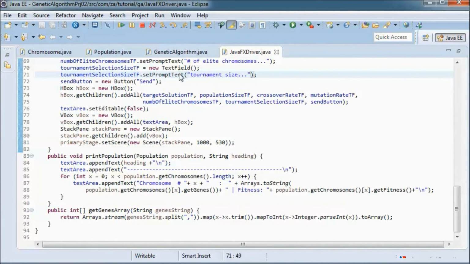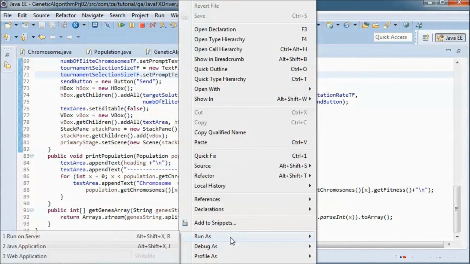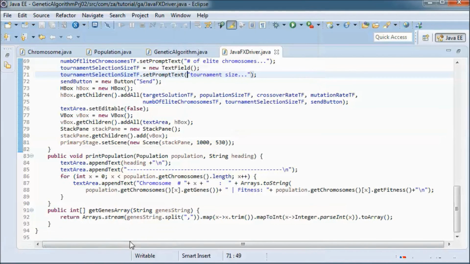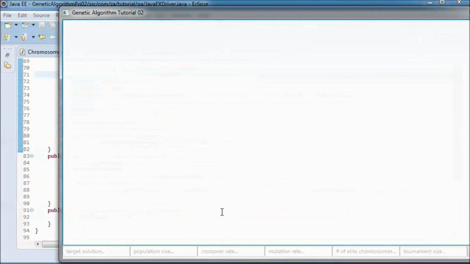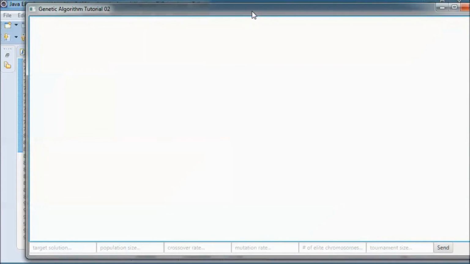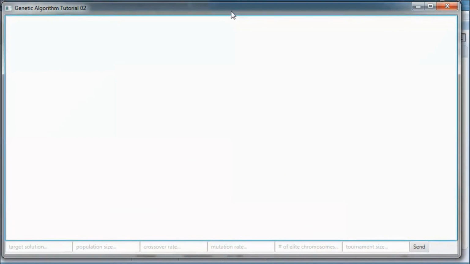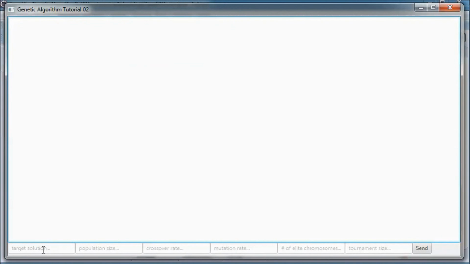Next, let's go ahead and test run this application. So let's say this is the target chromosome. Population size, let's say it's 7.